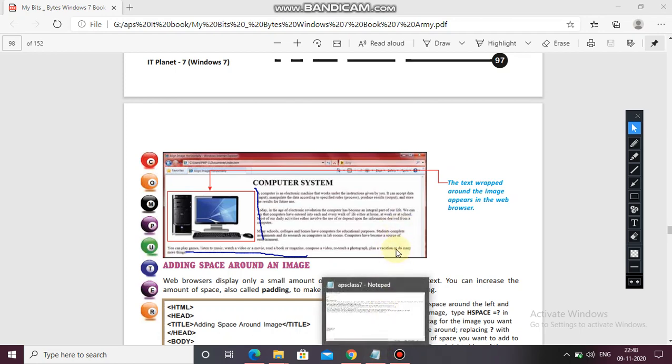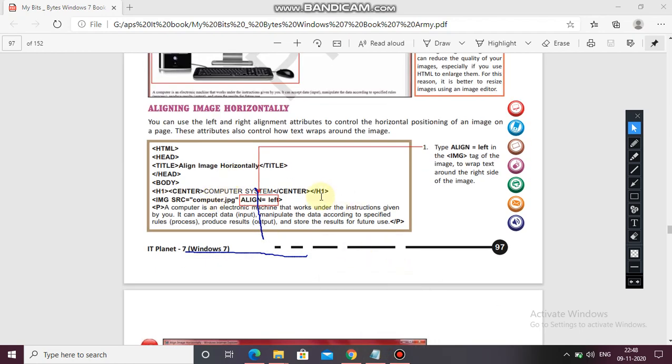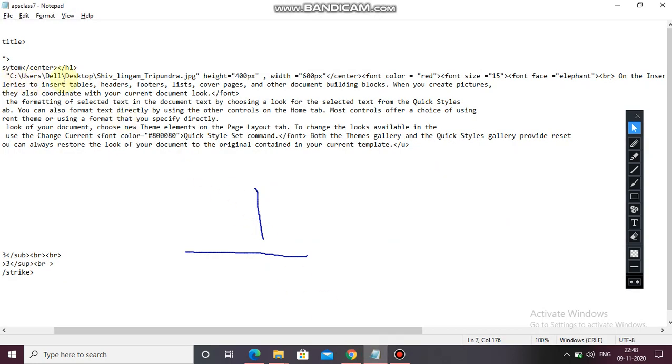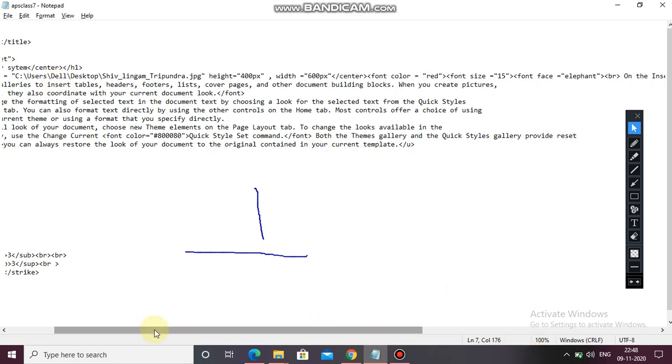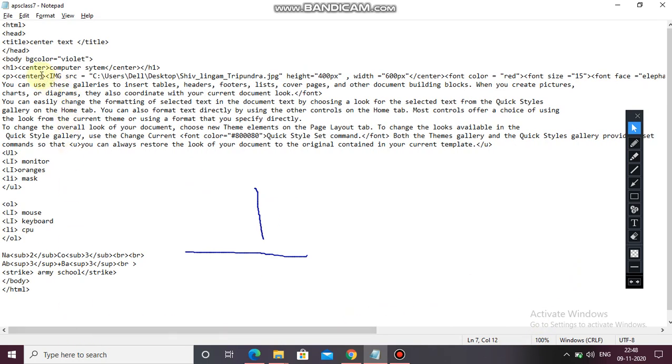So let's see if it happens or not. What you have to do here, you have done center. Now img src computer align left. So let's see, it is in the center, I think. So removing this one. Yes, here you write align equals to left, L-E-F-T, Control S. Let's see if it works or not.